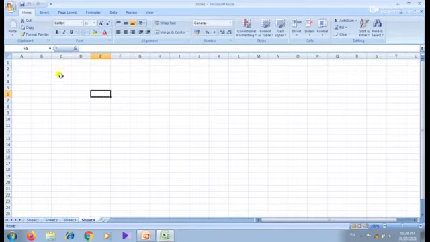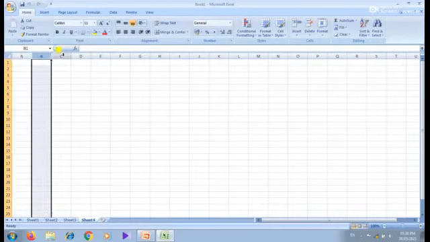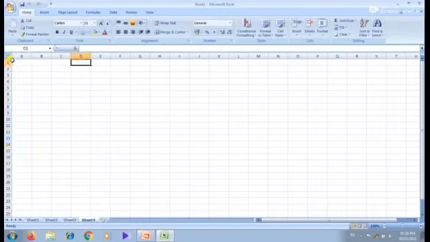Here columns are identified by letters, that means A, B, C, D, like that. Rows are identified by using numbers 1, 2, 3, 4, 5, 6. Many versions are available: Excel 2003, then Excel 2007, then 2010, 2013. In Excel 2003, we used a particular number of rows and columns.